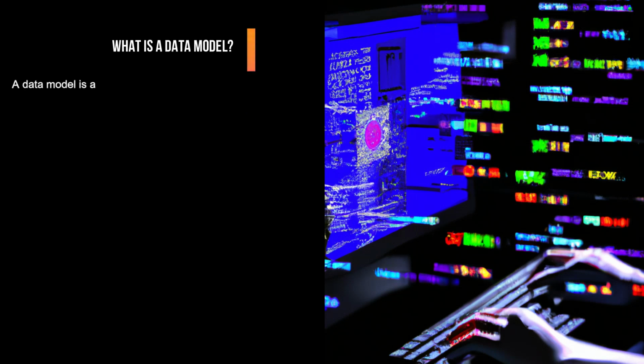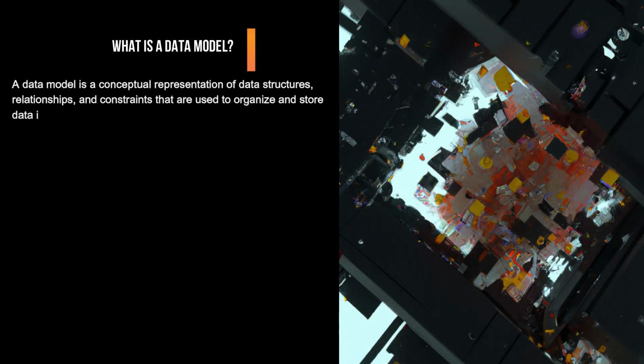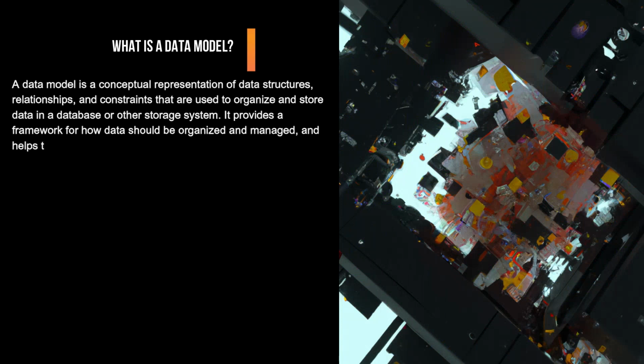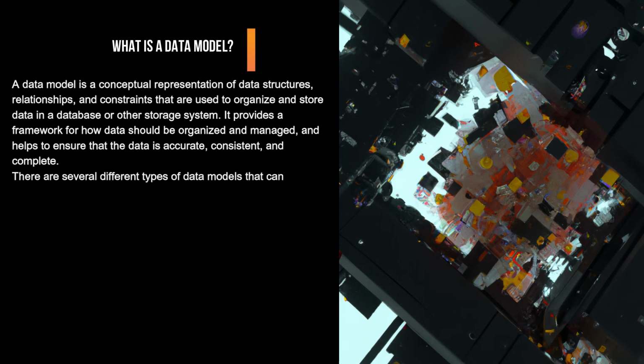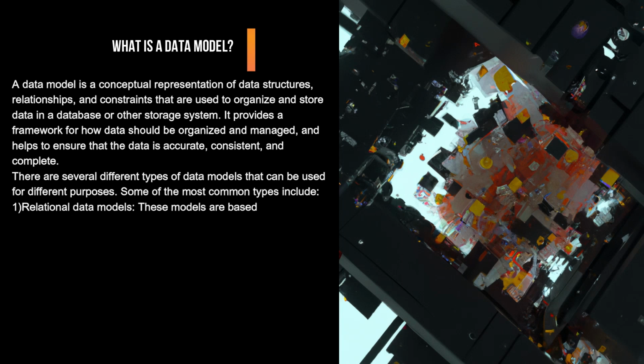What is a data model? A data model is a conceptual representation of data structures, relationships, and constraints that are used to organize and store data in a database or other storage system. It provides a framework for how data should be organized and managed, and helps to ensure that the data is accurate, consistent, and complete. There are several different types of data models that can be used for different purposes. Some of the most common types include: